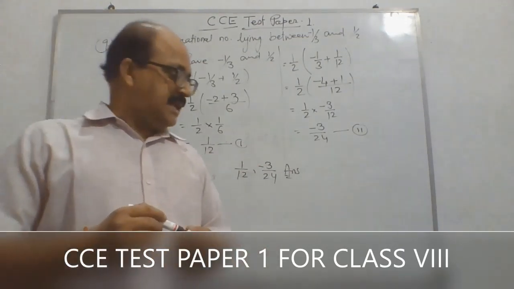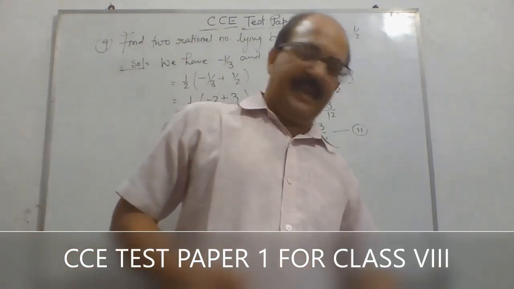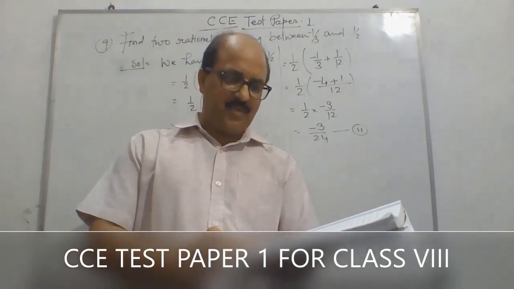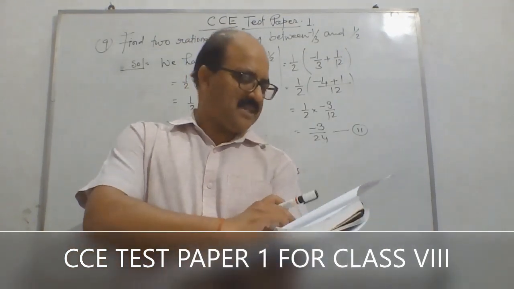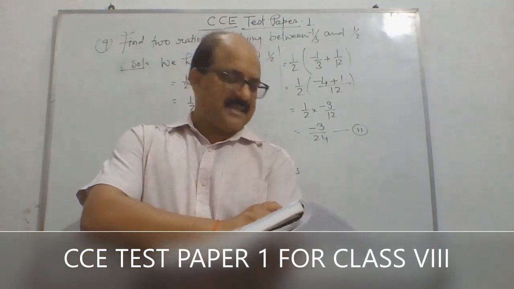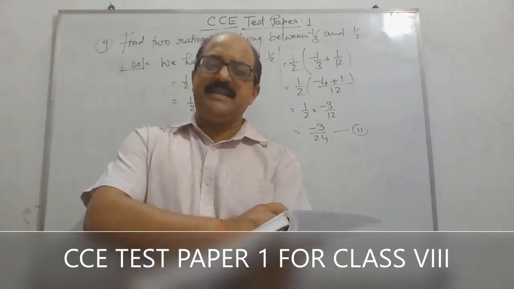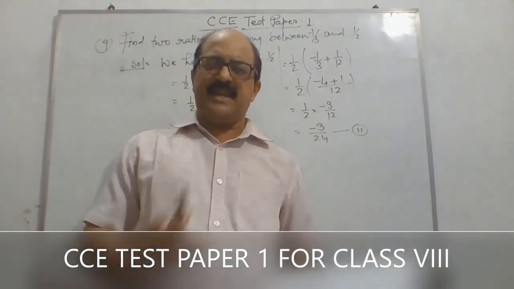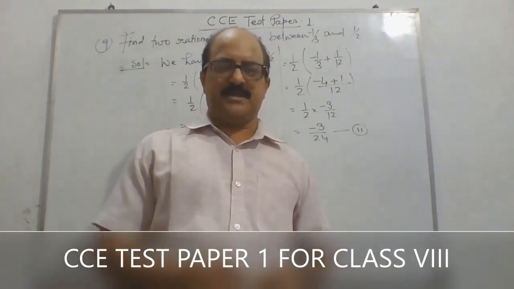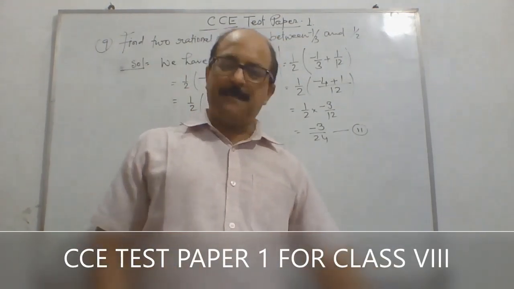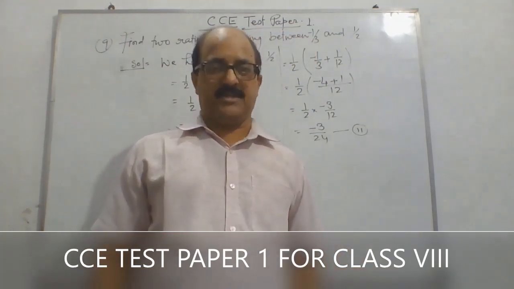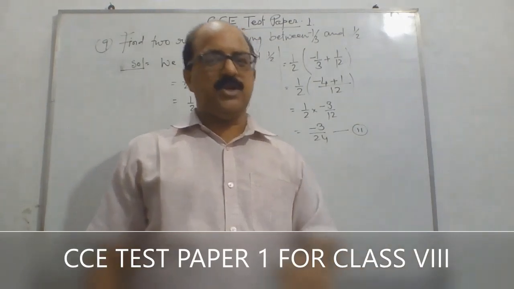Hope type A has been completed, and from type B all questions are MCQ and you will have to solve them, in C sections fill in the blanks, and in D sections true and false. So all questions are very easy for you to solve. Then after completing this chapter we have to start the chapter on exponents. So you will do it all.